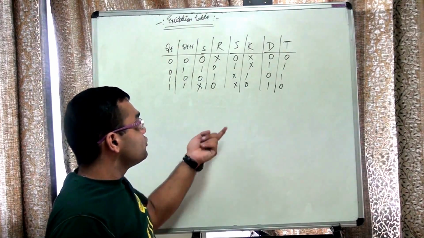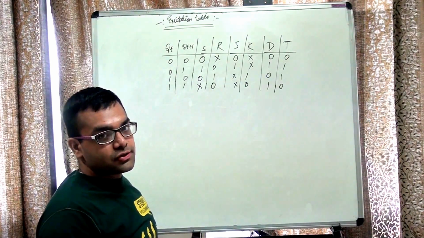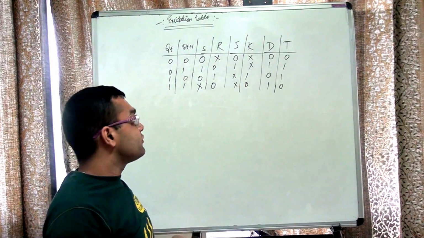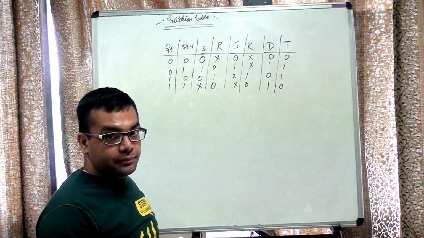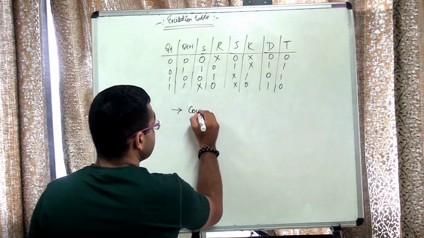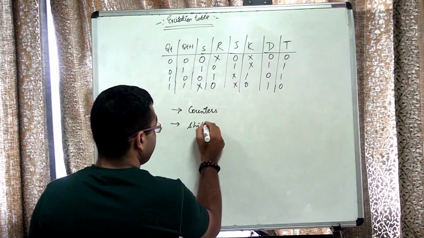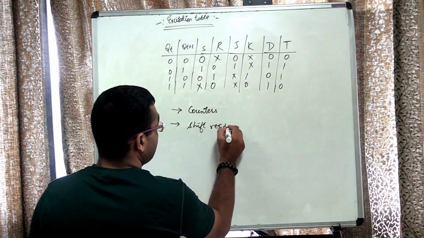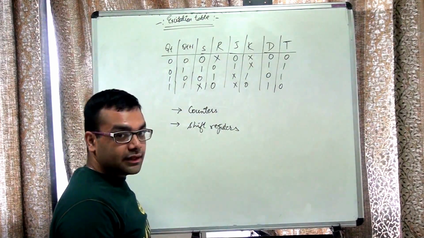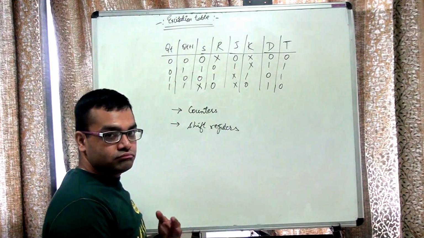Now what is actually the use of these? We can derive the equations of the circuits from this. This will definitely be used further in the next class. Alright. So in our next class we will be talking about the applications of flip-flops, that is the counters and the shift registers. Counters we will be talking about all types, that is up counters, down counters, up-down counters, decade counters and things like that. Similarly for shift registers we will be talking about serial shift registers and universal shift register.